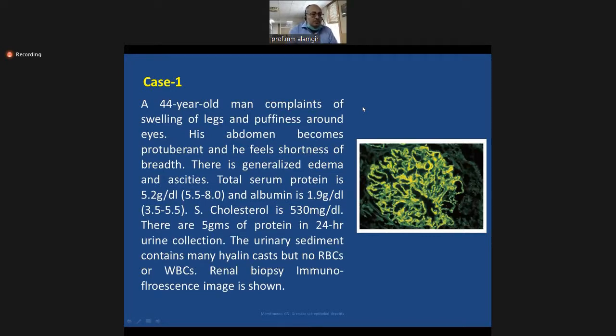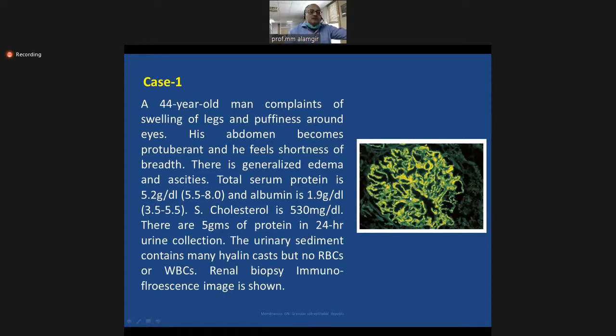Now the renal biopsy immunofluorescence image is shown in the inlet. I basically showed you previously two types of images, in which in one we have ribbon-like immunofluorescence of antigen antibody complexes on immunofluorescence microscopy, which we routinely employ on all renal biopsies. So immunofluorescence, routine staining, special staining, and electron microscopy are all done on each of the renal biopsies in the centers which have proper facilities for histopathology.